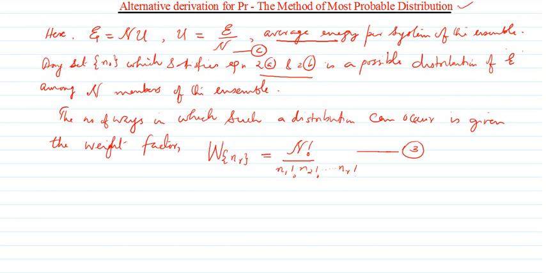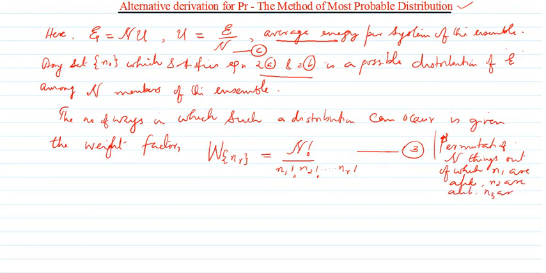And remember, don't worry from where such an equation has come up. This equation has come up from the basic theory of permutations. For example, this equation represents the number of meaningful arrangements of n things. So this represents the permutation of, remember this is the theory that we are borrowing, permutation of n things, out of which n1 are alike, n2 are alike,